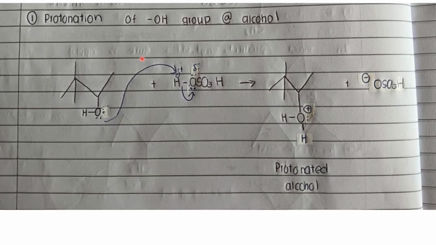Let's proceed to step 1, which is protonation of the OH group. To simplify, when the 3-dimethyl-2-butanol reacts with the H2SO4 here, the hydroxyl group gets a proton, H plus, from the H2SO4. This happens because oxygen in the hydroxyl group is more attracted to the proton due to the